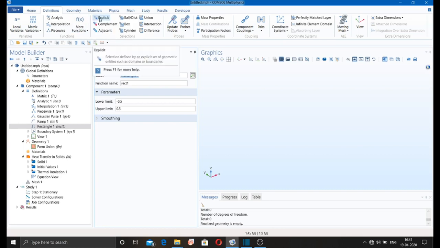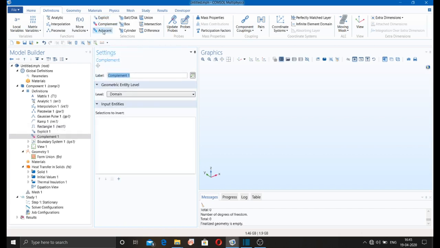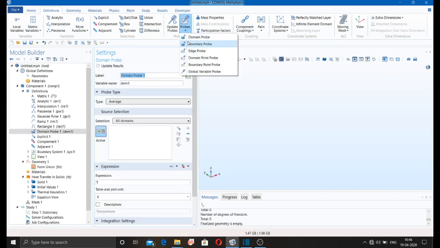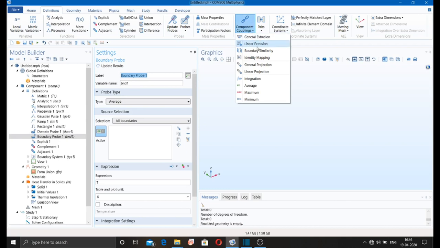And these are the selections: explicit, complement, adjacent, ball, disc, box, cylinder, union, intersection, difference. Okay, you can also use the probe, domain probe, boundary probe. Okay, component coupling, you can couple the components by doing these kinds of things.